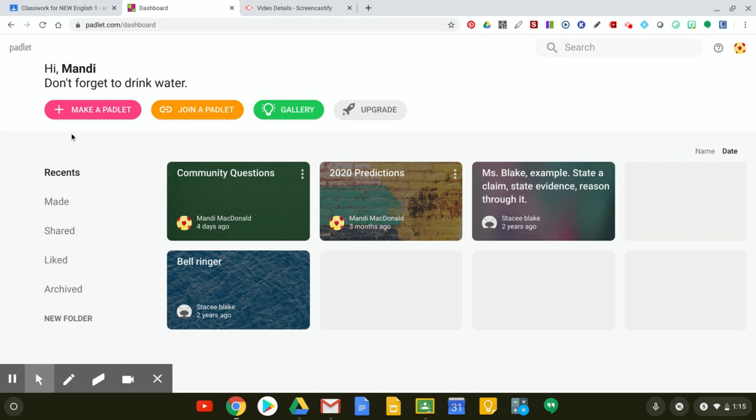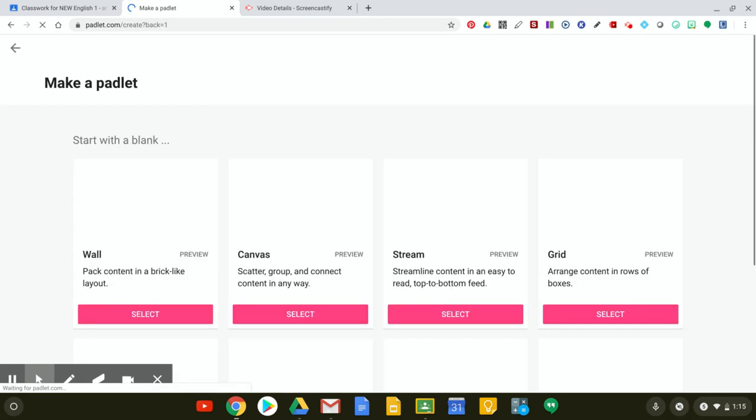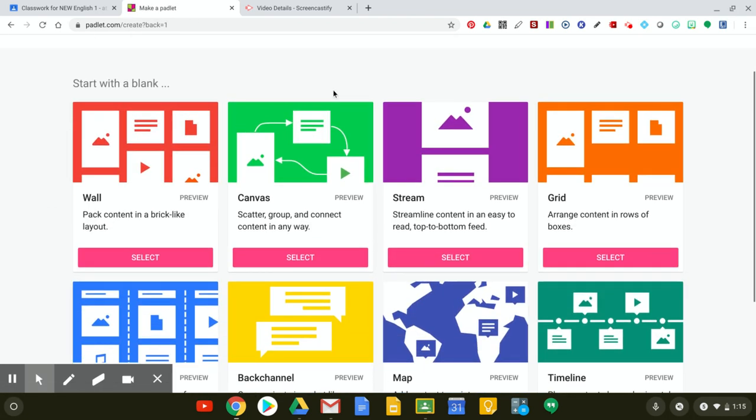But when you go to your dashboard at Padlet.com after creating an account, you can make a Padlet. And there are so many different options. If you wanted students to respond to a discussion question or something, you can have students set it up as a wall, a canvas, which means it just kind of goes wherever they click,